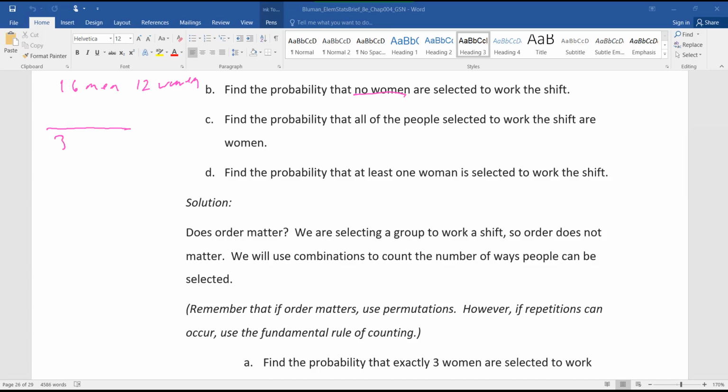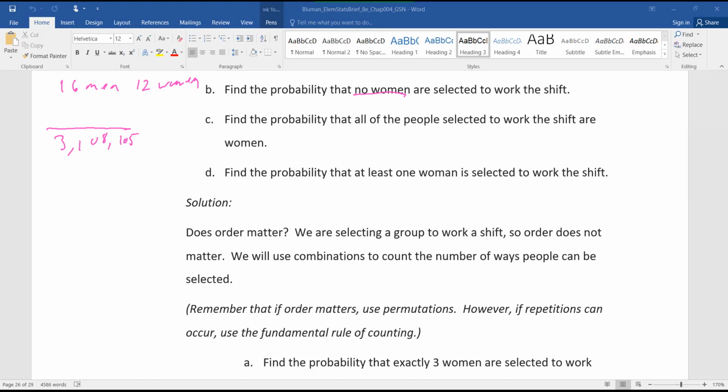The number came out to 3,108,105. We were talking about maybe doing 28 to the 8th power. That's false because if you take one out, you have to get rid of them. So it'd be 28, 27, 26, 25. But then it's a combination, so you have to divide that by 20 factorial times 8 factorial. That was the number we got yesterday at the conclusion of the class. That is just your total number of options to choose 8 people out of 28 people.